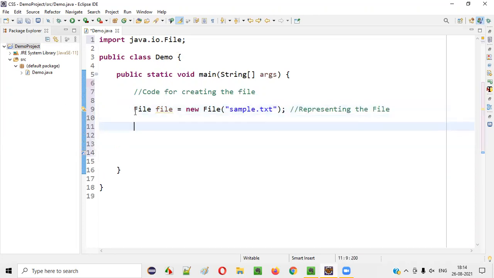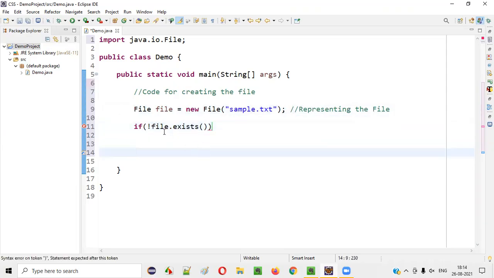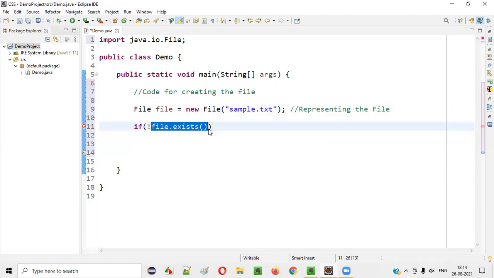But how to create this represented file, which has the name sample and extension txt, under this project? For that, we have to write this code. If the above file doesn't exist, that means if not file.exists, then you have to create the file.